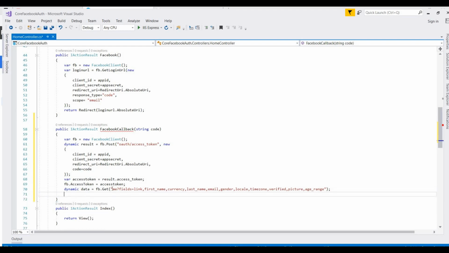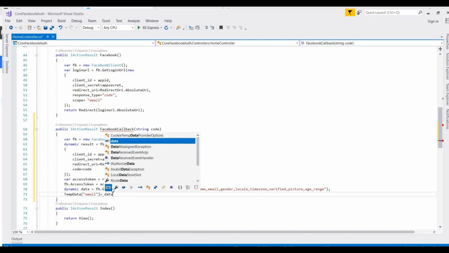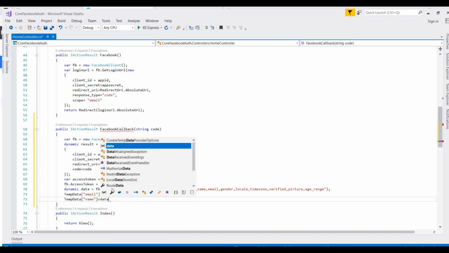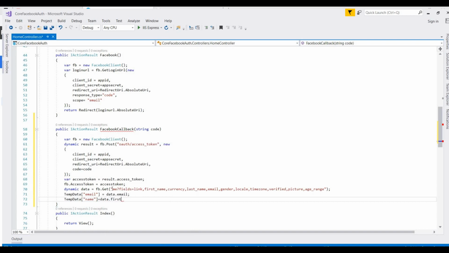I'm storing these variables inside TempData. For demo purposes, I am storing this inside TempData as email, like me dot email, then TempData, its name, its dot first name,